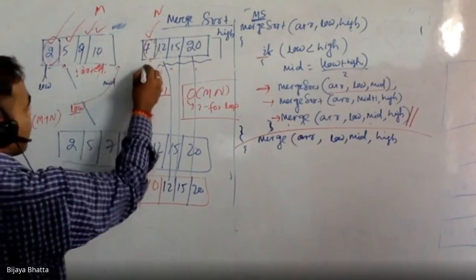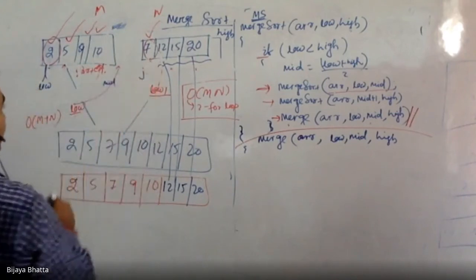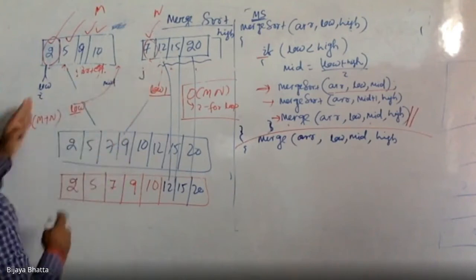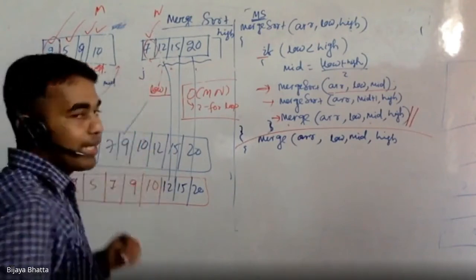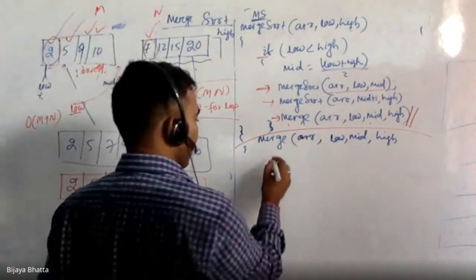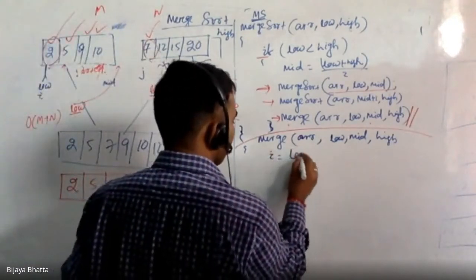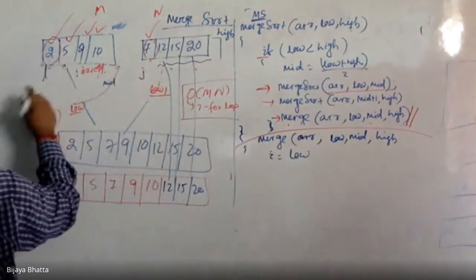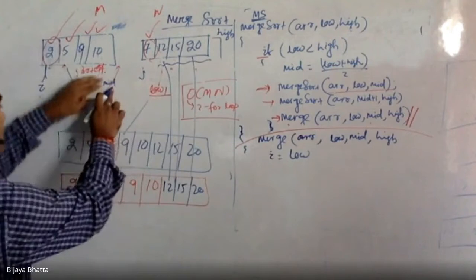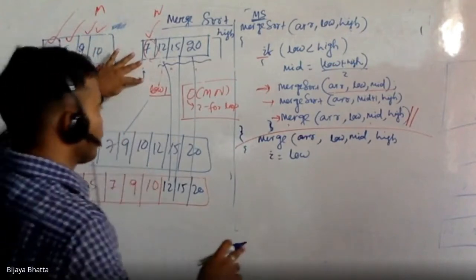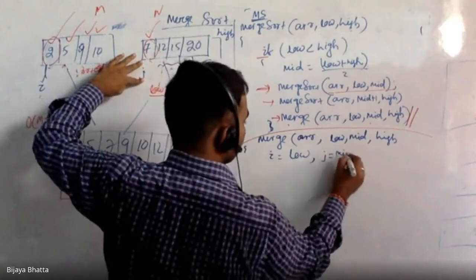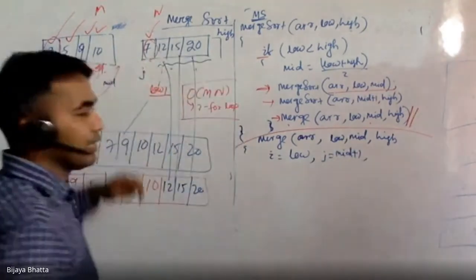But this you can take as j, or else you can put it as i and j, right? Two indexes you need to compare. That's why you can use the same low variable, that is not a problem, but I am putting i equal to low. That means I am pointing this one as i, this one I will put as j. This was the mid, mid plus 1 is going to be j. That means j is going to be mid plus 1, right? Any other things you need?